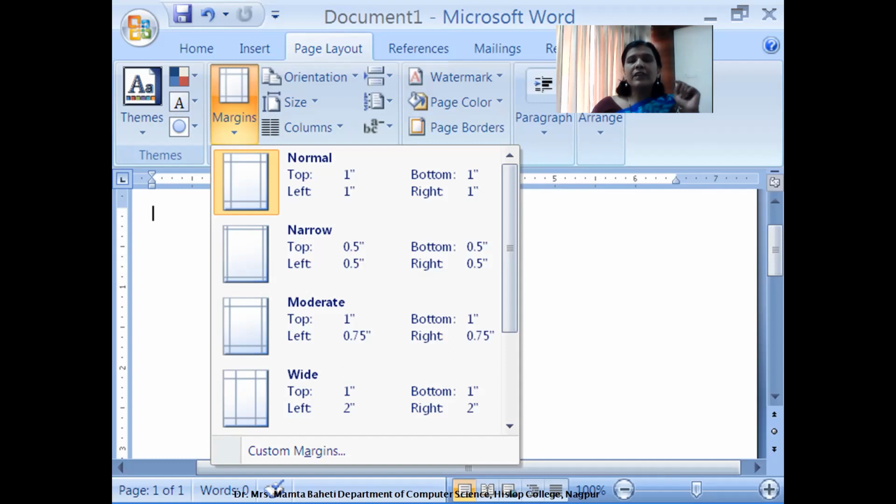One more margin we can set over here is the gutter margin. Gutter margin is the margin, suppose I am writing in book pattern. You will find these papers are overlapped or one after the other. We don't see any paper coming out like this. If you just tilt the book, you will be able to see that much depth is there. So this depth is managed through the gutter margin.